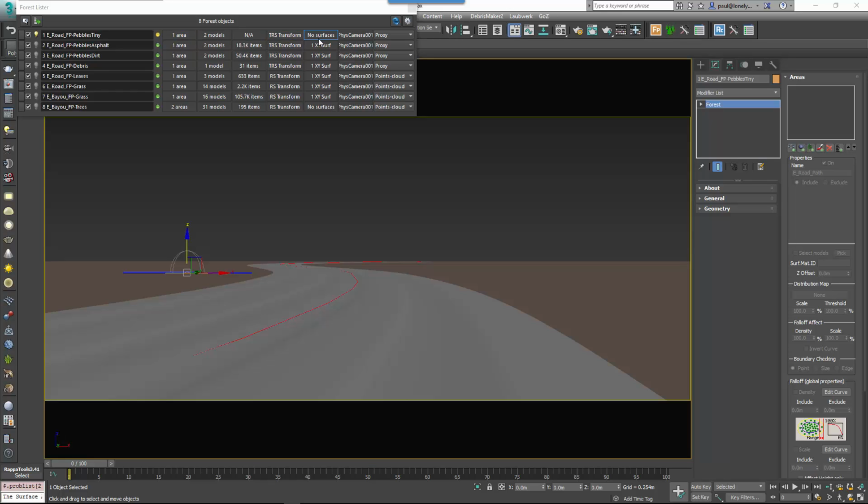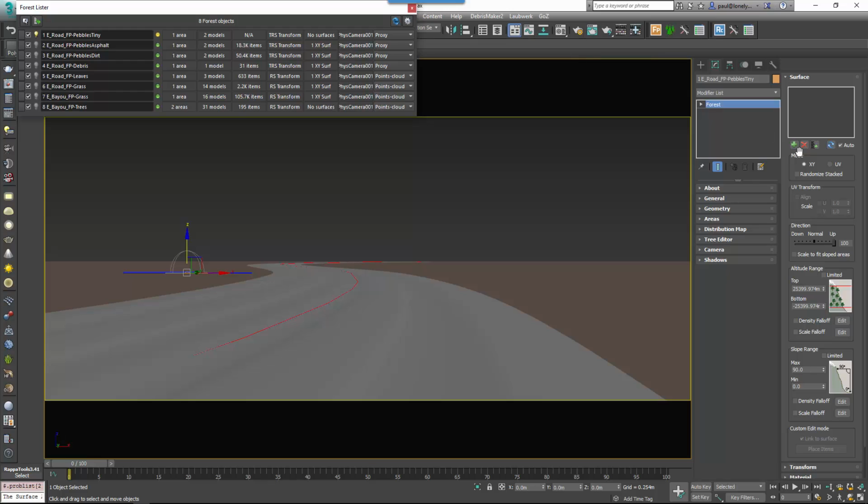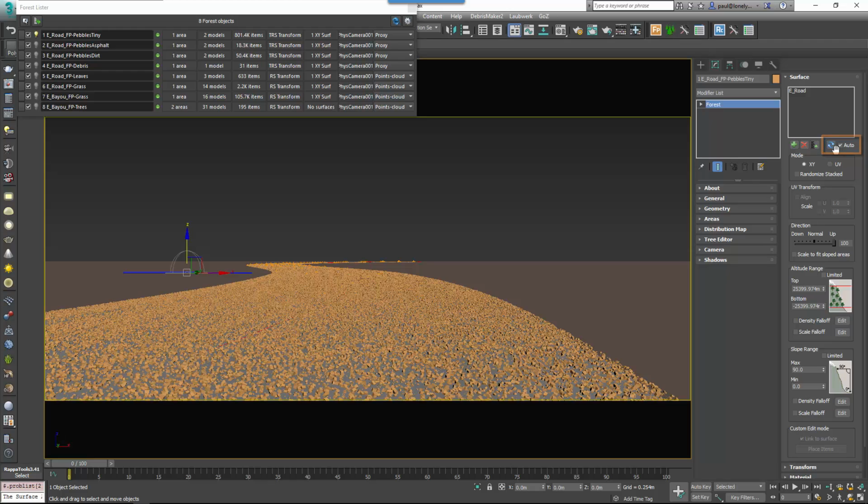The first thing you need to do with a scatter is to identify the areas. The stones should only be scattered on the road, which is as simple as selecting it from the surface rollout. Auto update is also enabled so that the scatter updates interactively in the viewports if and when the road path changes. With most of the other settings at their defaults, you'll see an even distribution of stones on the road,